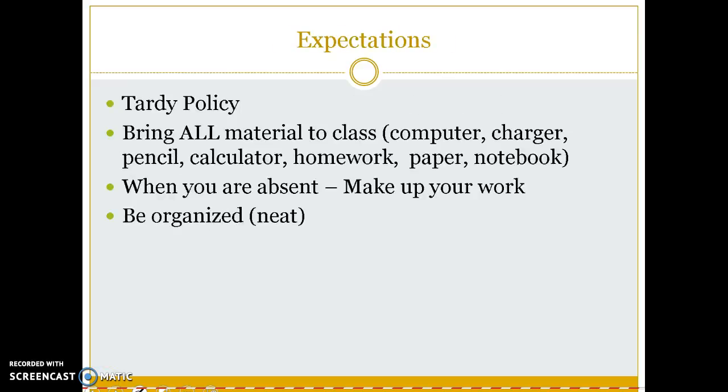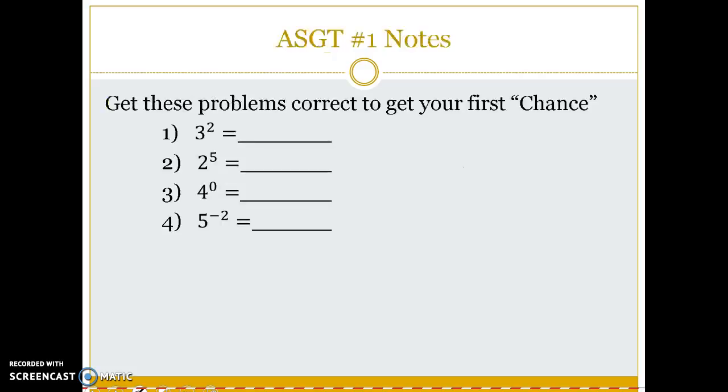All right, so let's go back here. And 3 to the second power, that means 3 times 3. 3 times 3 is just 9. So the first one is 9. 2 to the 5th means we have 2 5 times. So we have 5 factors. They're all 2. So 2 times 2 is 4, times another 2 is 8, times another 2 is 16, times